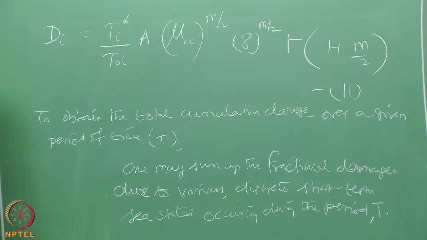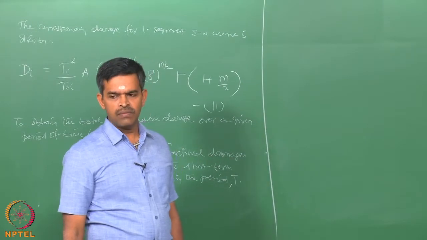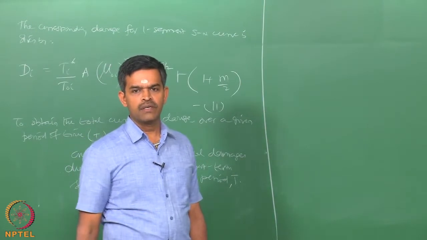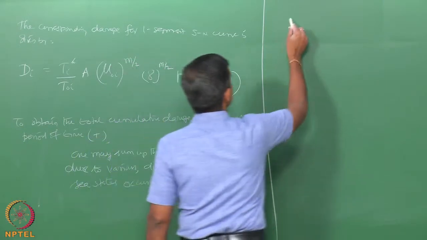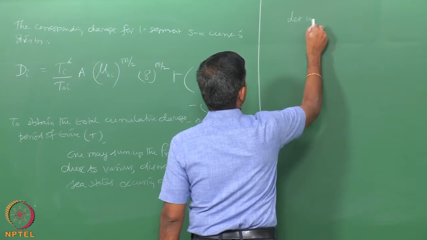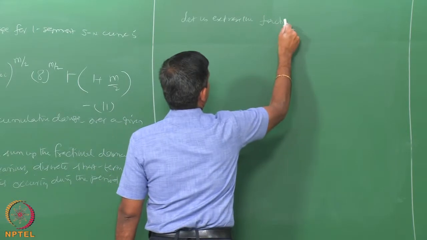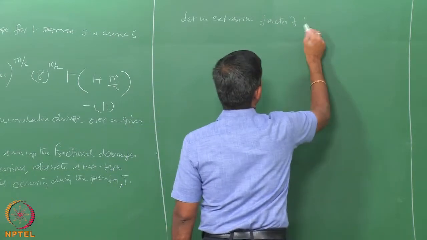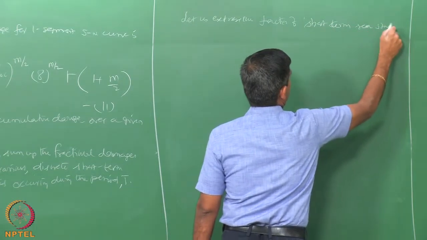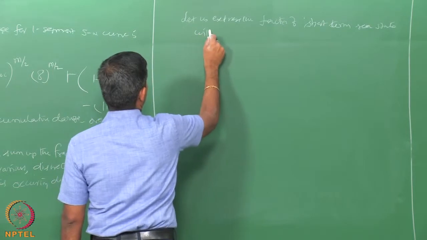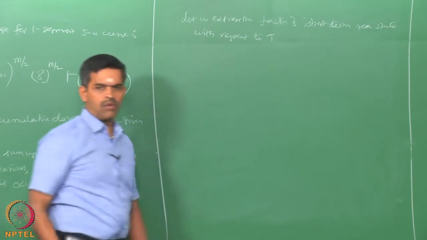So, let us say for this purpose, let us denote the fraction of time of the ith short term C state over a long duration t. Okay. So, we need to express, let us try to express the fraction of short term C state with respect to the capital T, what we are looking for, the overall period,